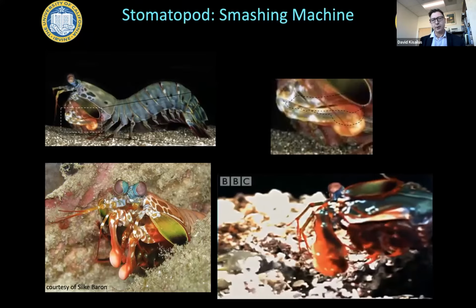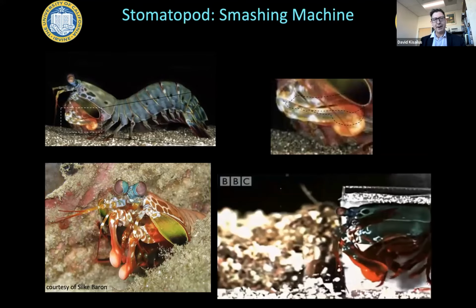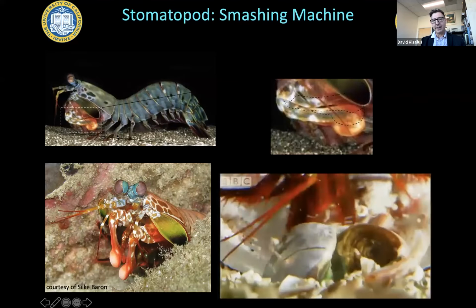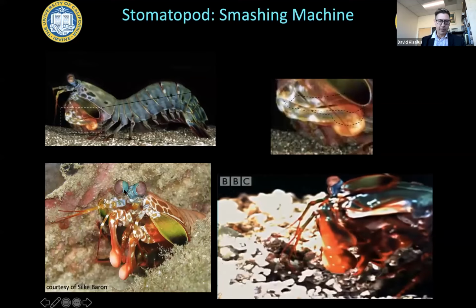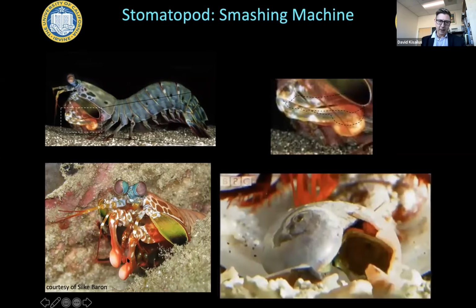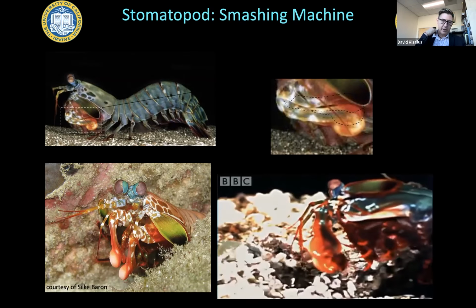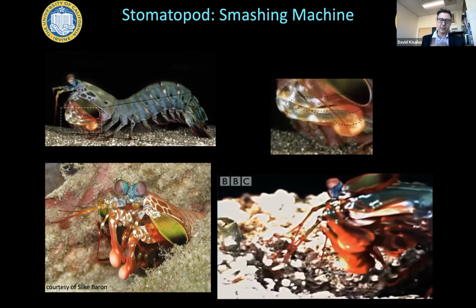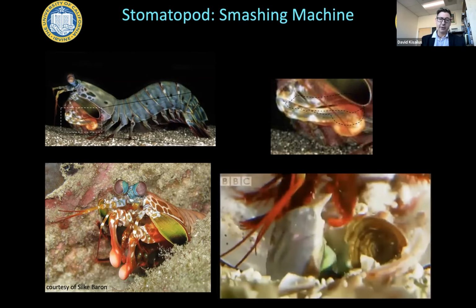So we study these organisms, and again, I'm going to highlight this critter here, this mantis shrimp. It's not a shrimp, it's a crustacean. It has the body plan of a shrimp, and from the front, it looks like a praying mantis. But it uses these clubs, these arms, these thoracic appendages called dactyl clubs, to smash its prey underwater thousands of times without breaking its own fist.